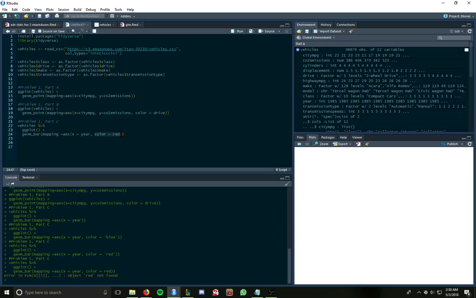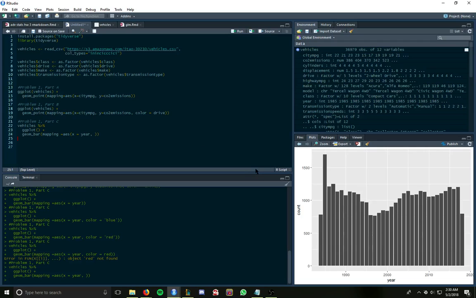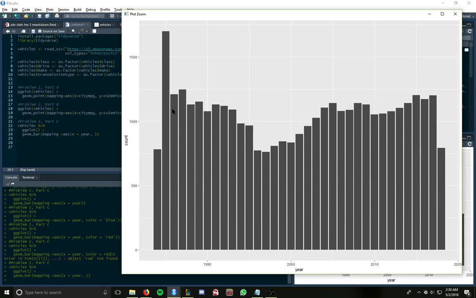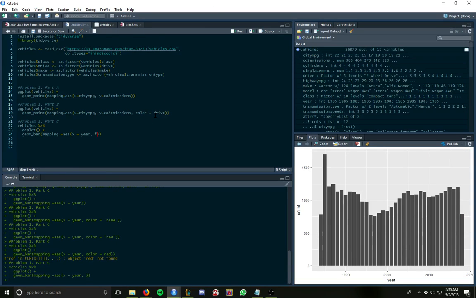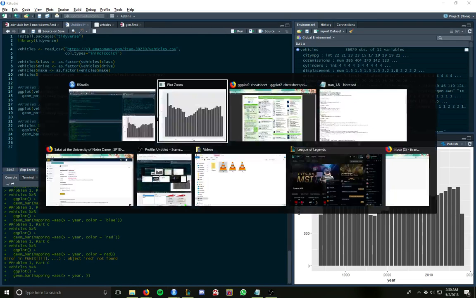So what color's gonna do is, okay, assume I didn't mess up the colors because I never use colors. What it would do is it would change the color of like the whole bar itself, which wouldn't help us at all because we want to do a stacked bar chart. So we want to find out what the difference is in like the fill of the bars. So what we're gonna do is add an argument for fill,